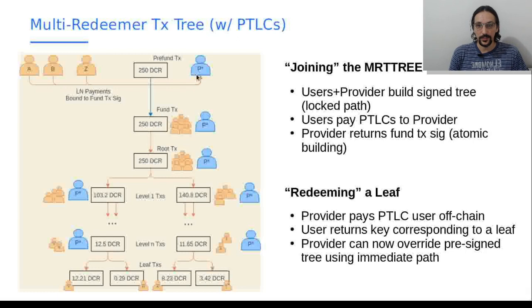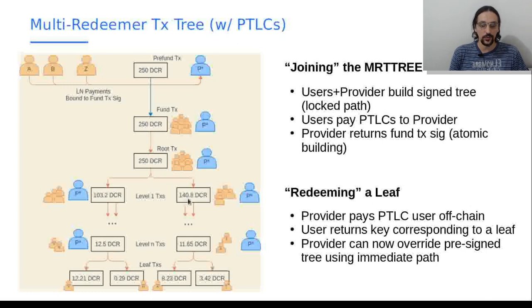So the provider here, this P star here, has some on-chain funds. A bunch of users have off-chain funds that they want to swap with the provider. And so they do sort of a submarine swap here, where they end up with a single on-chain output, but an entire tree of transactions off-chain. Pre-signed, but off-chain. So once the users have joined the Mr. Tree construct,